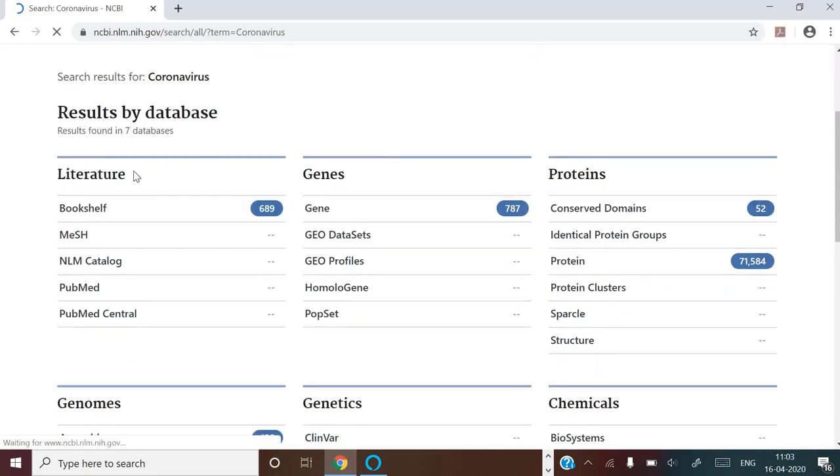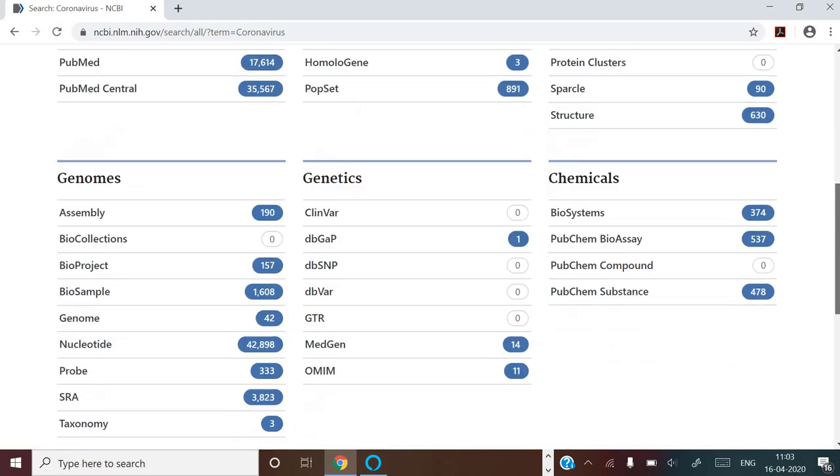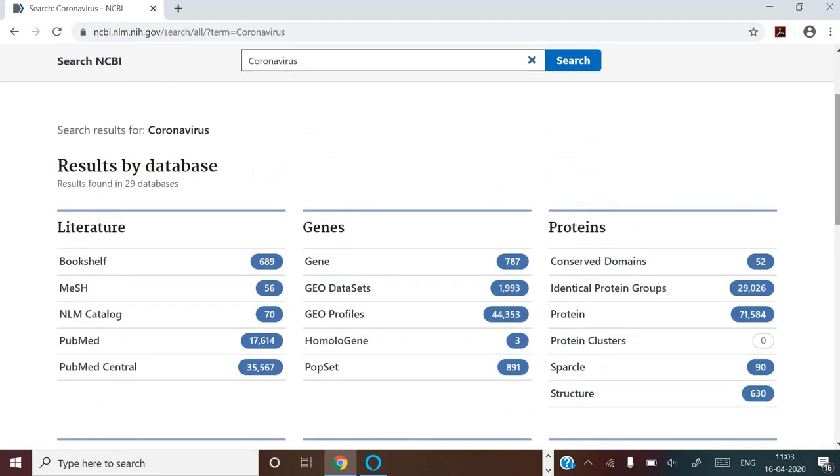Here you can see literature, genes, proteins, genomes, genetics, chemicals. Whatever results are linked with this keyword, as when we search on Google, similarly you see them here, but in a very well organized form.